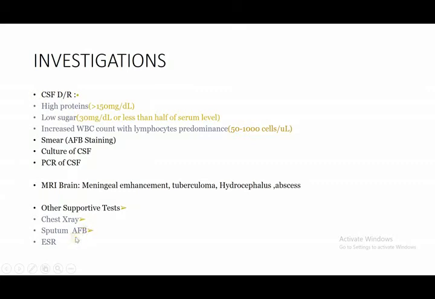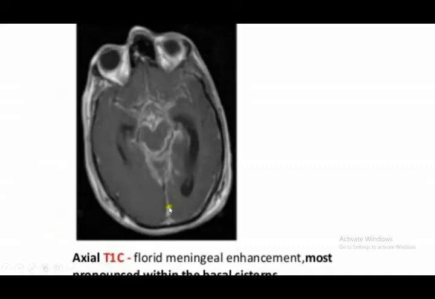These are supportive tests. ESR to show the chronic inflammation going on. This is an MRI brain contrast study, T1 weighted images, where you can see the avid fluid enhancement of the leptomeninges in the brain stem, anterior to the midbrain as well as posterior to the midbrain, in these subarachnoid spaces which are called basal cisterns. So in the basal cisterns, you will see there is enhancement of the contrast anteriorly as well as posteriorly, and this is a very characteristic finding in patients with chronic TB meningitis infection.